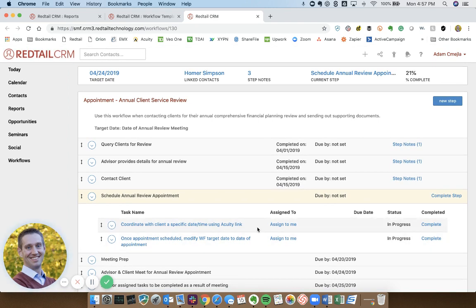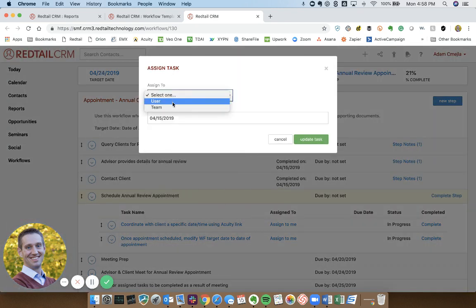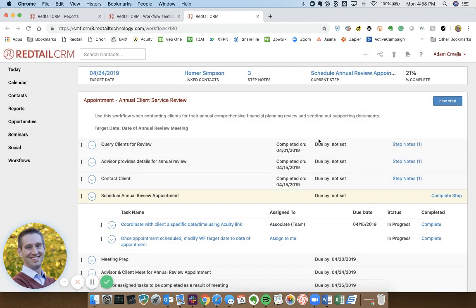And if it's not, if the due date is hard to be specific because it doesn't have a target date set to it, remember that you always have the ability to quickly go in and assign the due date to whatever date it needs to be done, assign it to a team member, whoever that needs to be, etc. One thing that I do want to point out here: